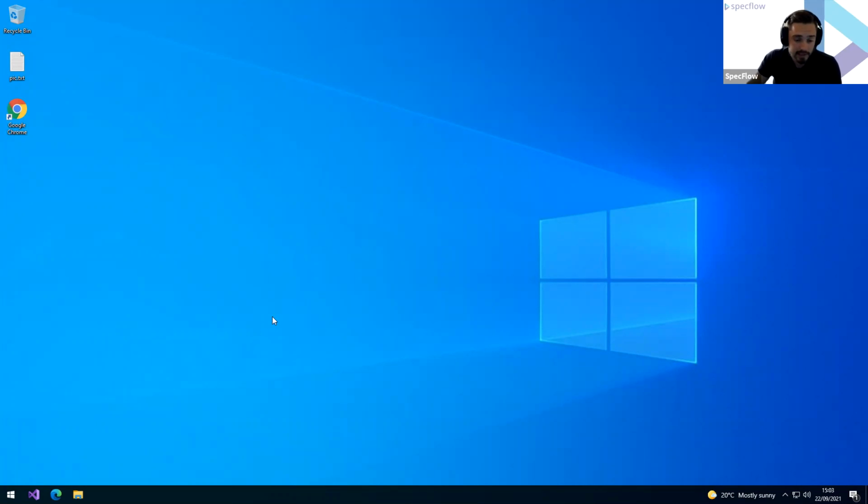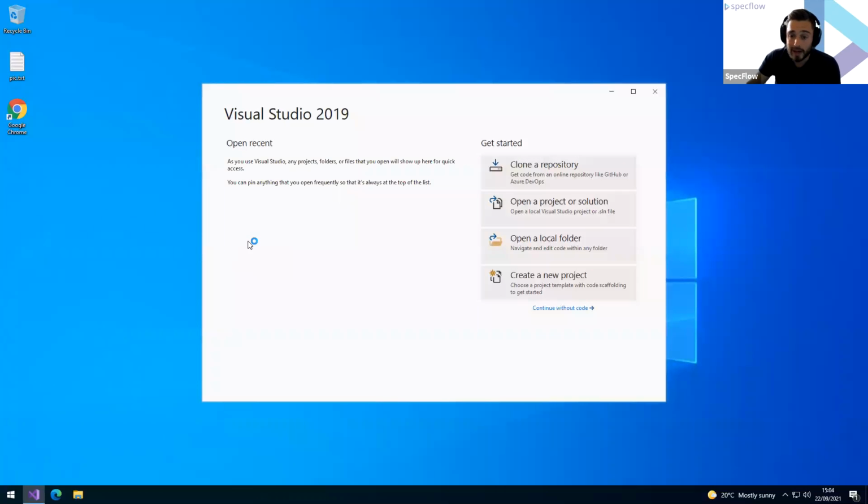If you want to get started with that, then you just need to install the SpecFlow extension, which we'll come into in just a second. You can either use Visual Studio or JetBrains Rider. We have an extension for both of those IDEs. So that includes using Rider on Mac. So we'll just continue without code here for a second,